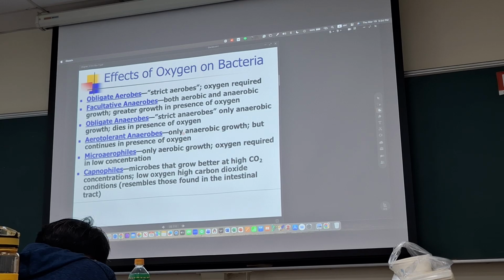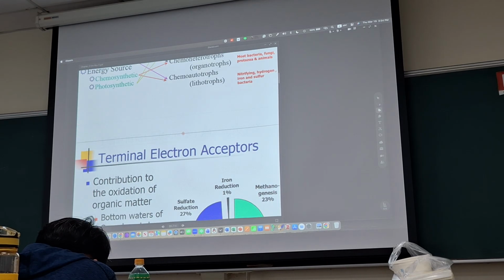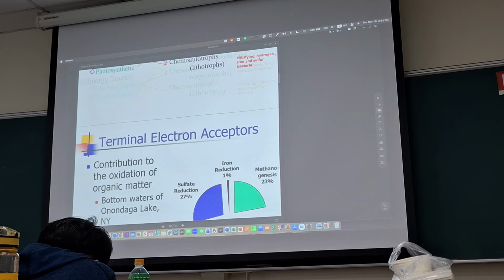Okay, this slide shows you a few terminologies. The first one is obligate aerobes. 大家都有写到吗？都写到吗？目前前面这边有一些空白没写到吗？还是没有？